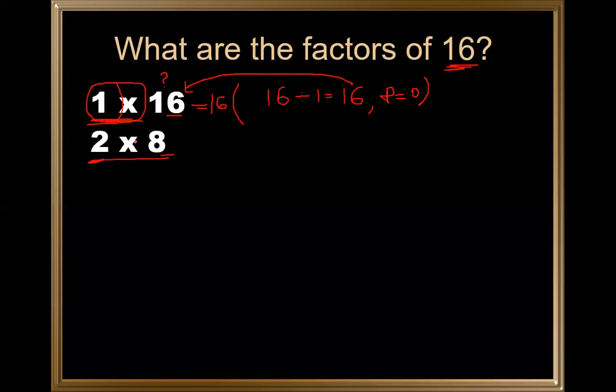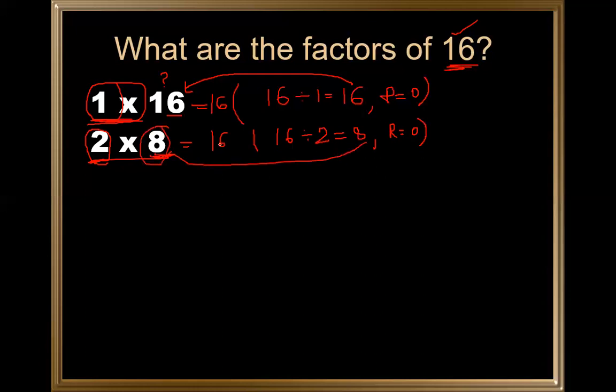Then the next is 2 into 8. How do I know that I have to multiply with 8 only? So what you can do, the given number is 16. Just write down 16 divided by the next counting number, 2. This will give you 8 and leave the remainder 0. It is compulsory that whenever you are finding a factor, it should leave a remainder 0. So the next number it is giving me is 8. That's why 2 multiplied by 8 is 16.